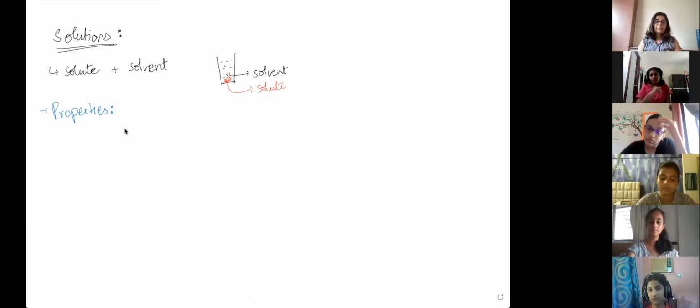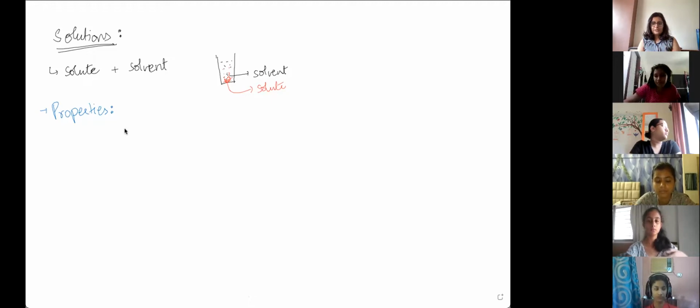Okay. Now in true solutions, because the particles are not big enough to interact with or interrupt the light, there is no effect. Light just passes through them. Okay. And another thing, so when you make a solution, do you think, okay,